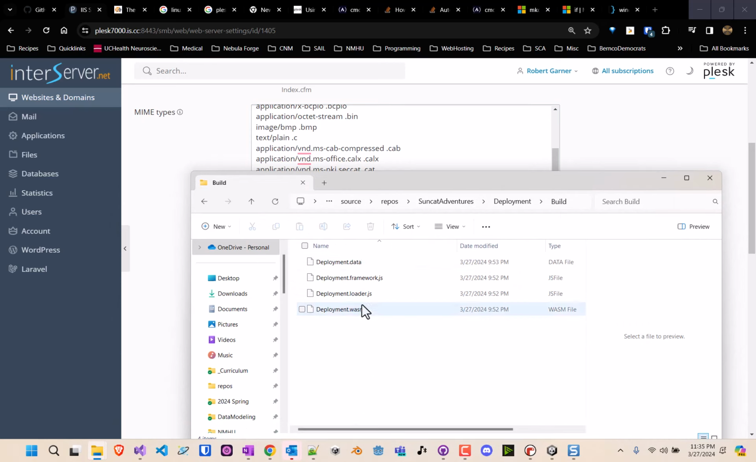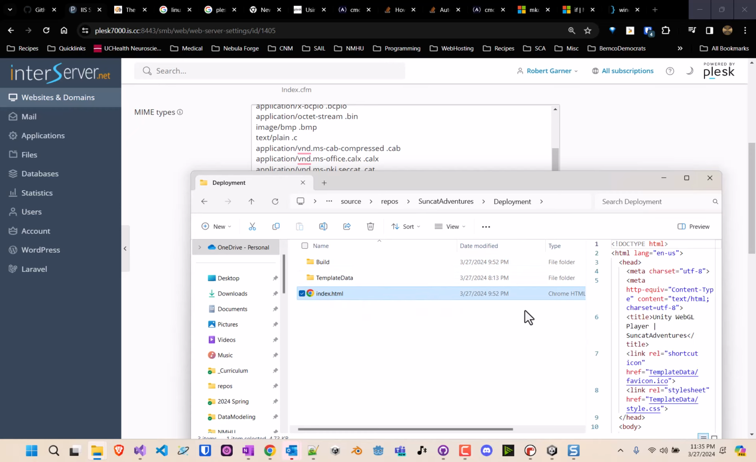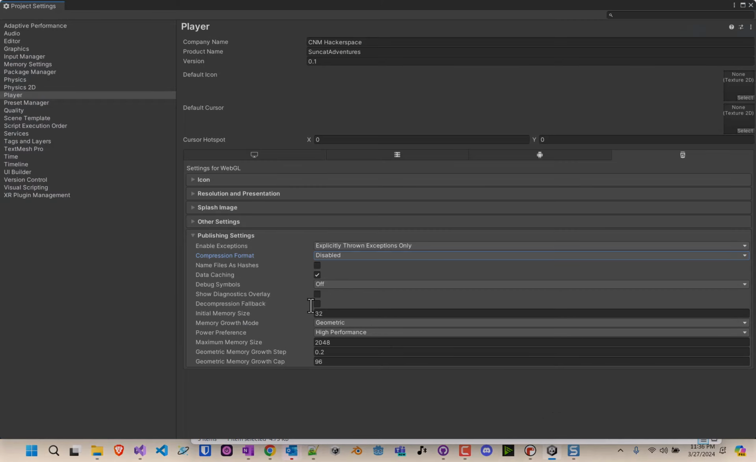JS files and WASM files, generally most servers already have those defined. But again, if you can't find them, you might consider checking the MIME types. That might be what's missing. And so when you deploy, you're going to get this index.html file. If we look at that, actually, yeah, after I set that, going back to the game,